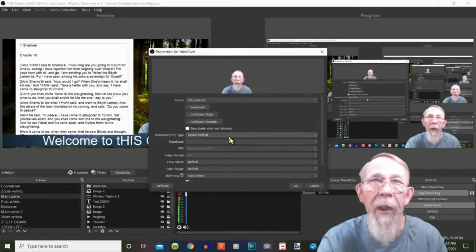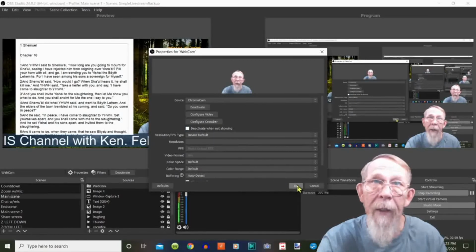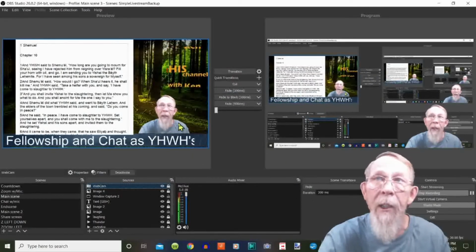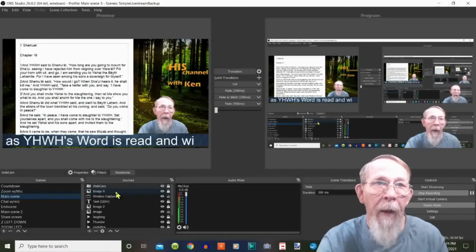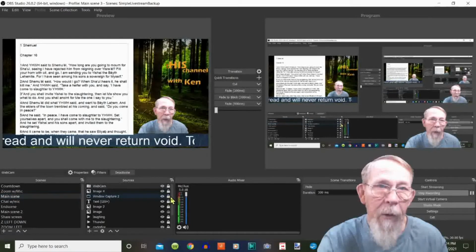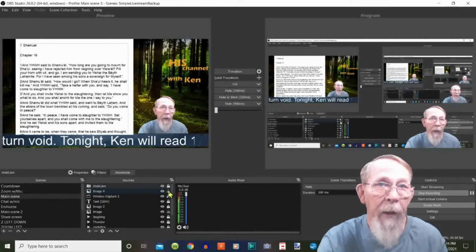I do not want to get into the details of all that, but this is enough for now, just for you to know the basic parameters of that. Now let's go back to our main scene, which I've got selected. Look at the image 4. Window capture 2, that's going to be closed. Okay, image 4 is